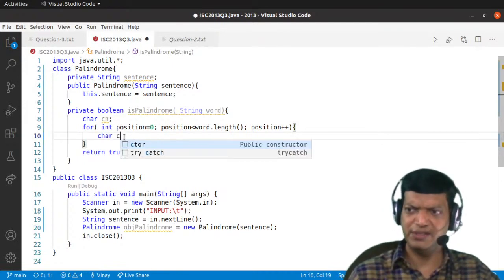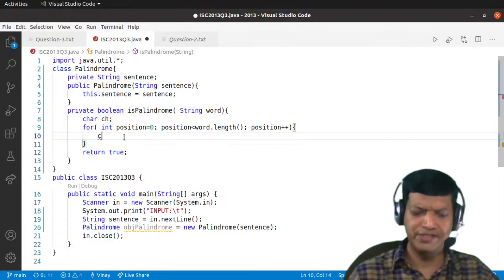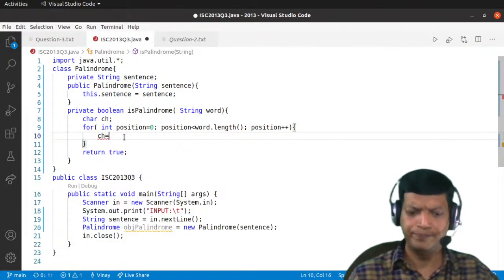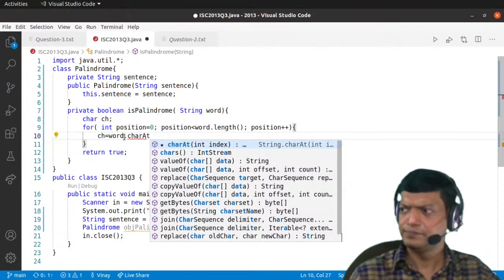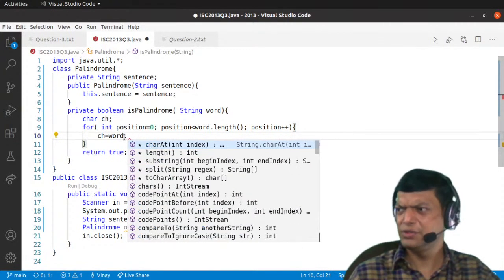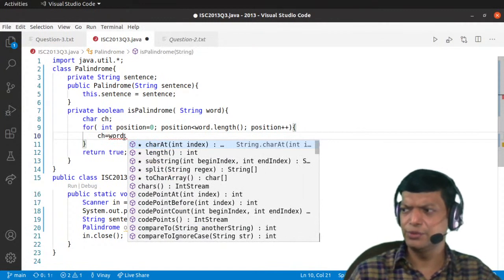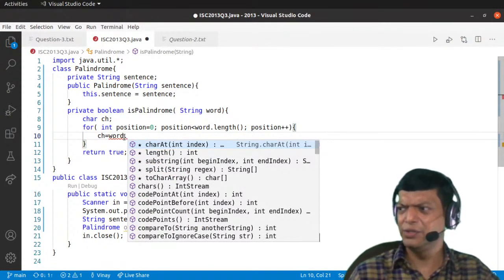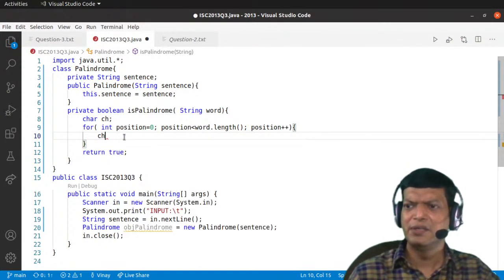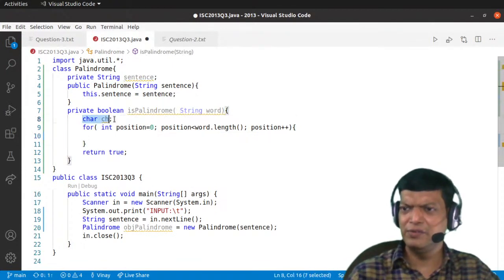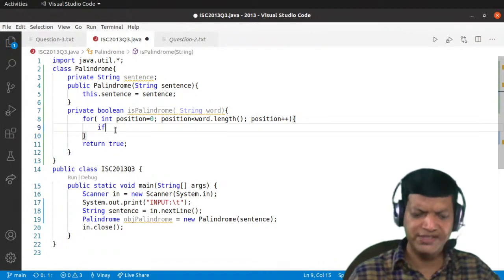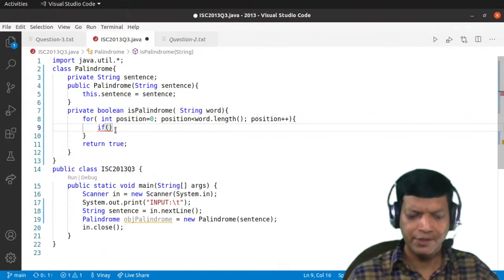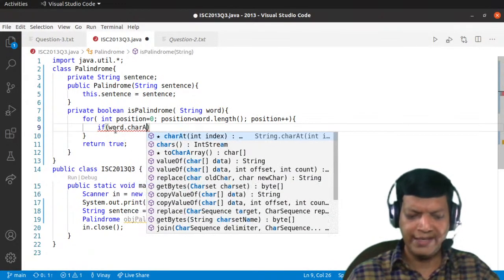Okay. Let's take out the character. So we'll say ch is equal to word dot charAt, or should I store it in a variable? Do we need to store? I don't think so. Let's do it directly. There's no point because we don't need it again. Okay, let's get rid of this variable and we'll say, if word dot charAt